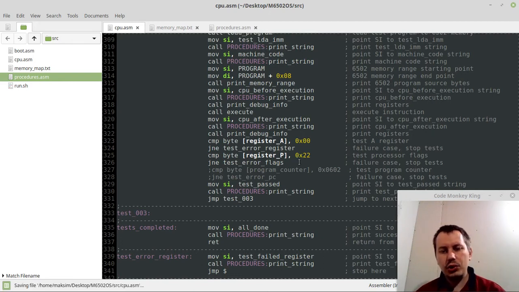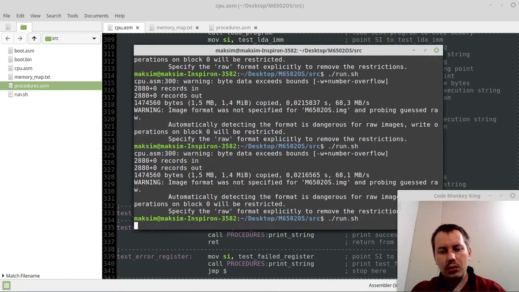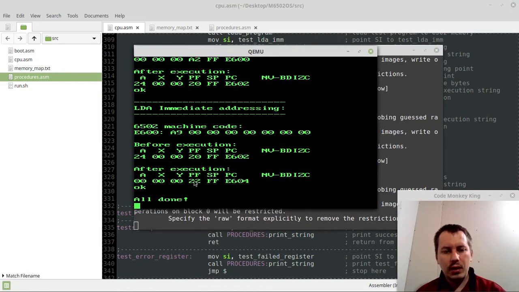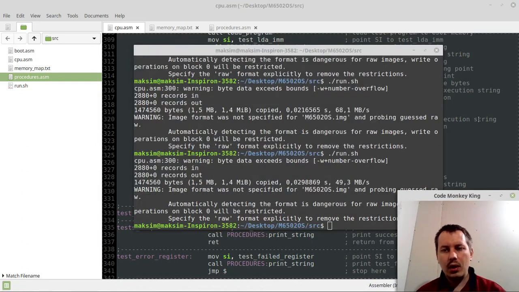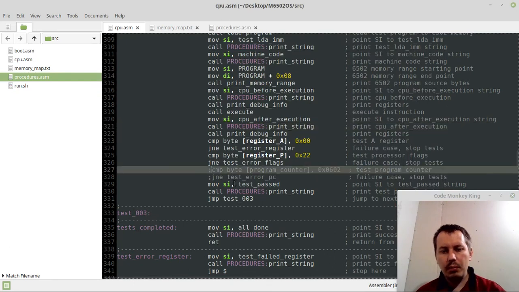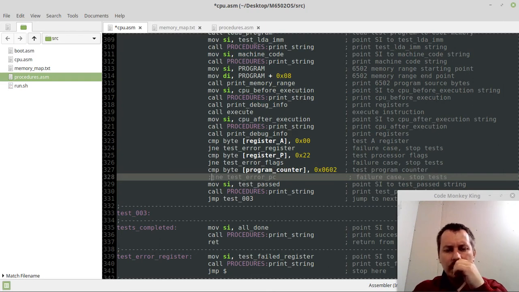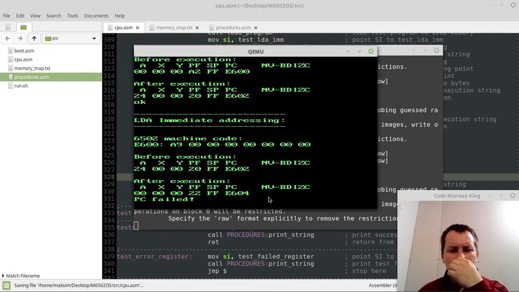But this should be fairly enough, really. So, all right. So now flags are getting passed, so 22, and it should be 22. And now the program counter, well, the program counter has not changed. Well, and this is another question, by the way. Yeah, so the program counter, actually it says the program counter has failed, because it has already executed 2 instructions, but as far as we did not reset the